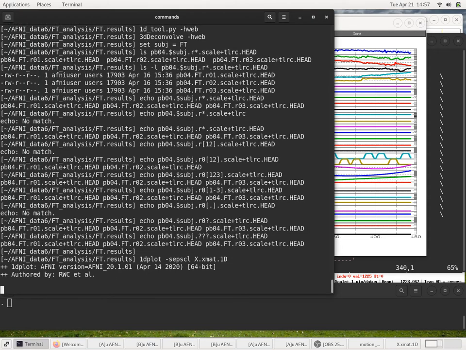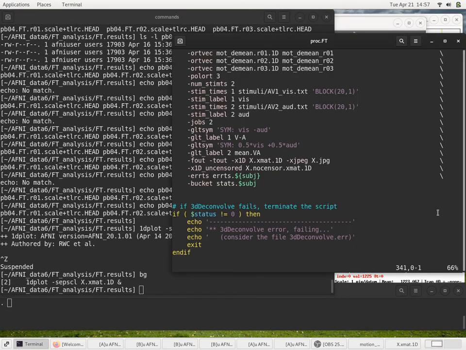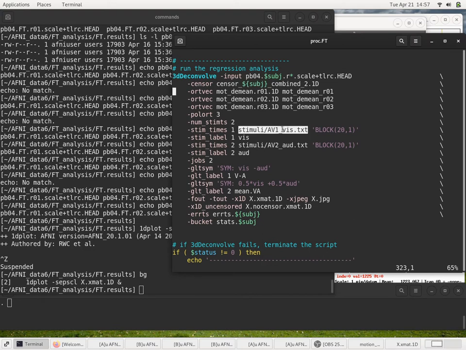And I've got that running again. I'll leave it running, so I'll do Control Z again and BG again. And we told 3D deconvolve that, for example, we have our 2 stimulus classes of interest, viz and odd, and we told it to model them using the block function, which is like a 15-second response curve for the impulse response curve, and we want 3D deconvolve to convolve that block curve with a 20-second boxcar curve, and then make the resulting convolved time series of maximum height 1, just so that the regressor is scaled to unit height,